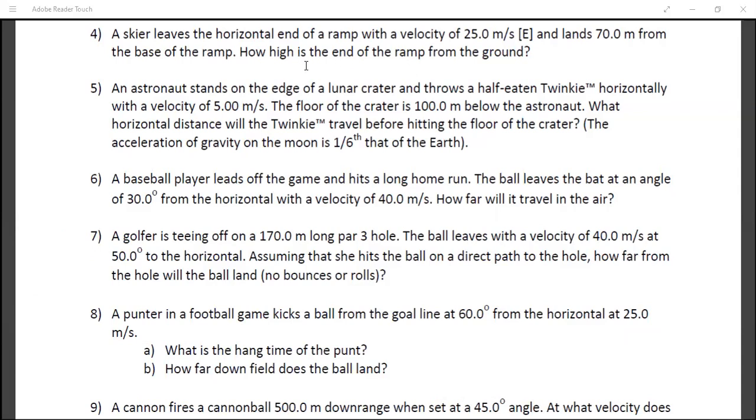Initially, if I do that, t is equal to the distance, 70 divided by 25, and you will get the answer. So 70 divided by 25 is something around 2.8 seconds. This is your time, and then you simply need to apply the formula h is equal to half gt square, the maximum height formula for the horizontal projectile. Once you apply this, you get the answer as 39.2 meter. So that is your fourth answer, 39.2 meter.